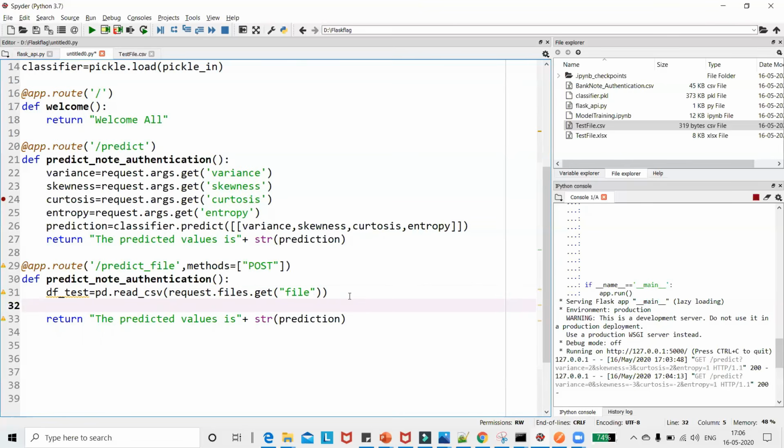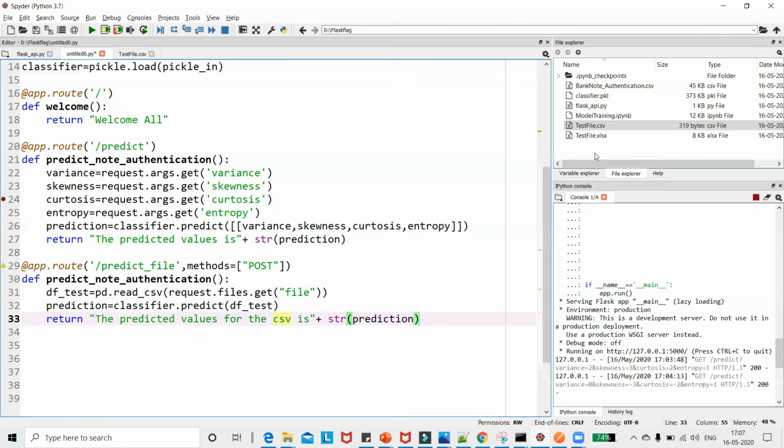Then what I'm going to do after this is classifier.predict. I'm just going to predict whatever values have come in df_test. Simple. Okay, and this will be my prediction value. So let me just write it as prediction, and inside this prediction you can see that whatever I'm doing, classifier.predict on df_test, that will be the output over here. And now I will say the predicted values for the CSV is, so there will be a list of values.